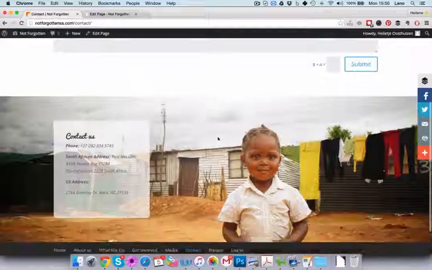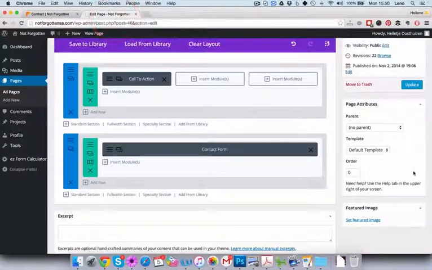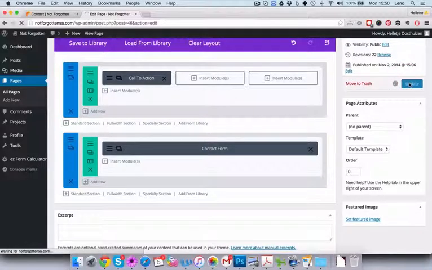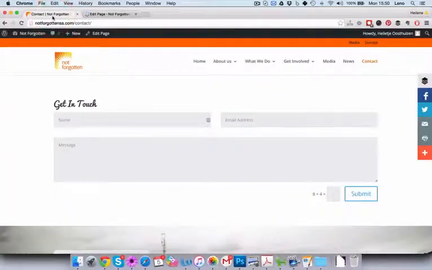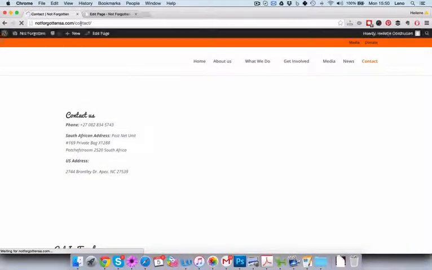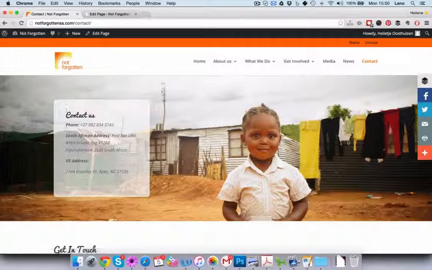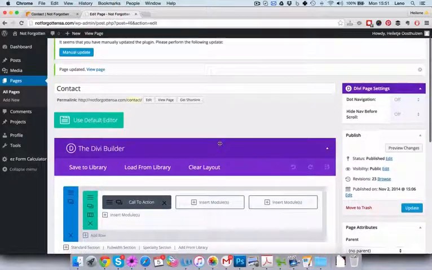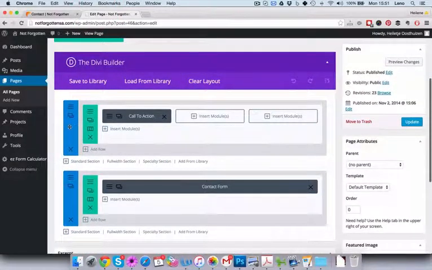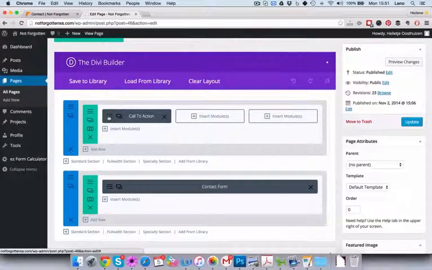Okay. Oh no. Let's first update it before we'll see the change there. Refresh. Okay, so you can see here's text, phone, address. Okay, this means there will be a text box inside this module. Okay, so we can see this is the first standard section, row, call to action, and